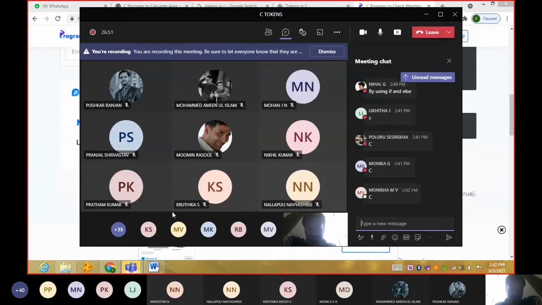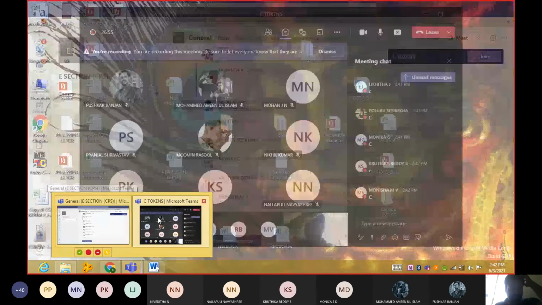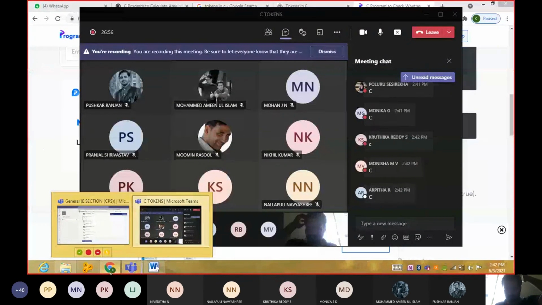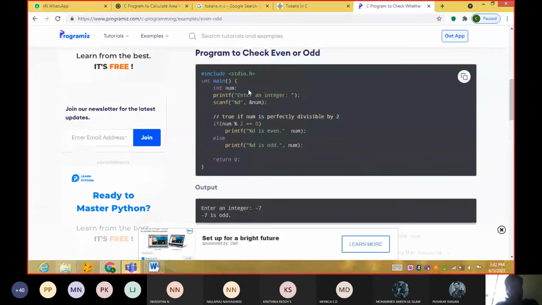Okay, see here, the simple program, how if is used. See here, printf. We need only one variable, that is one number. Next, we input that number using scanf.